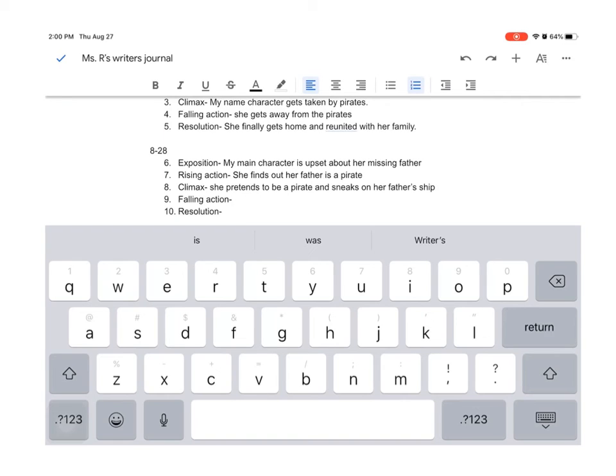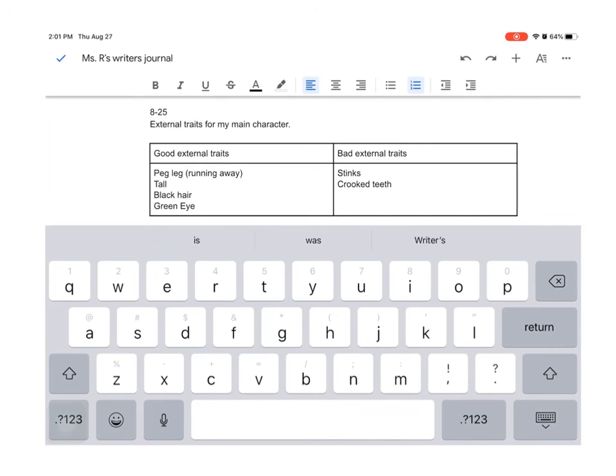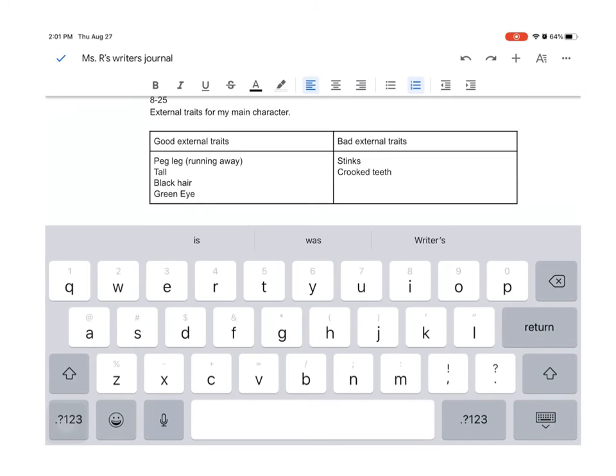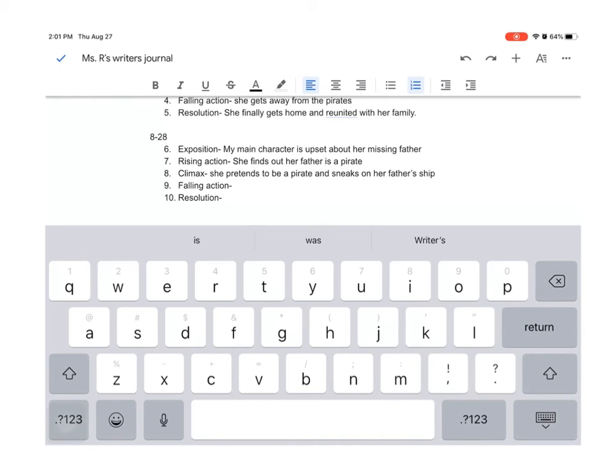So how do we kind of resolve that? We can either have her father get involved in a good way or maybe a bad way. Maybe her father turns out to not be such a good guy and she wishes she hadn't come. Let's look at her traits and see if there's anything there. So she ends up with a peg leg because she's a coward. She's stinky and she has crooked teeth. So I'm thinking at some point she needs to either get a peg leg in this process or have to explain her peg leg. Let's say that the falling action is she